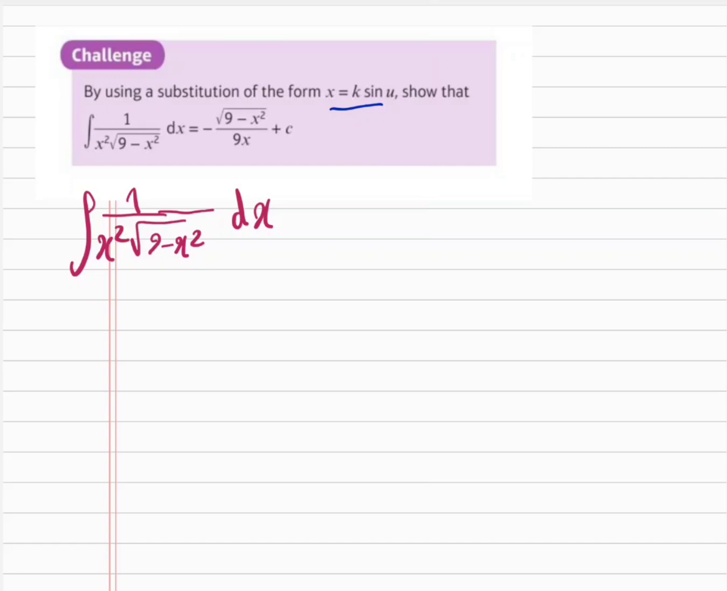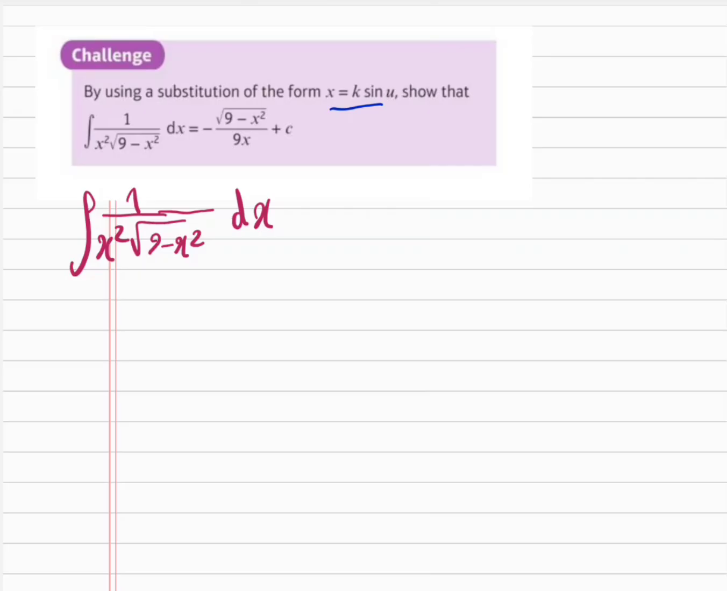Now, if you look under the square root, we have 9 minus x squared. So one of the things we should consider is the substitution, because when we substitute k sin u into x, it will become k squared sin squared u. And since it's sin squared u under a square root, there is the possibility of simplifying, because the square root of sin squared is just sin. But obviously we have 9 minus that. So we can use a trick such that